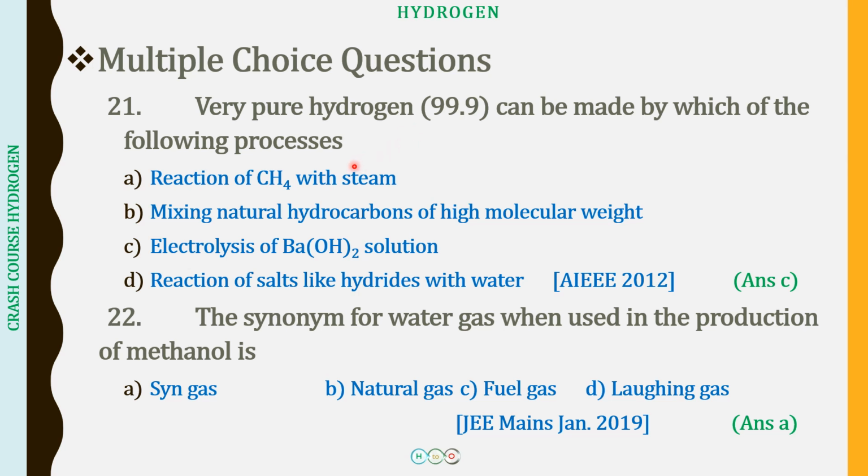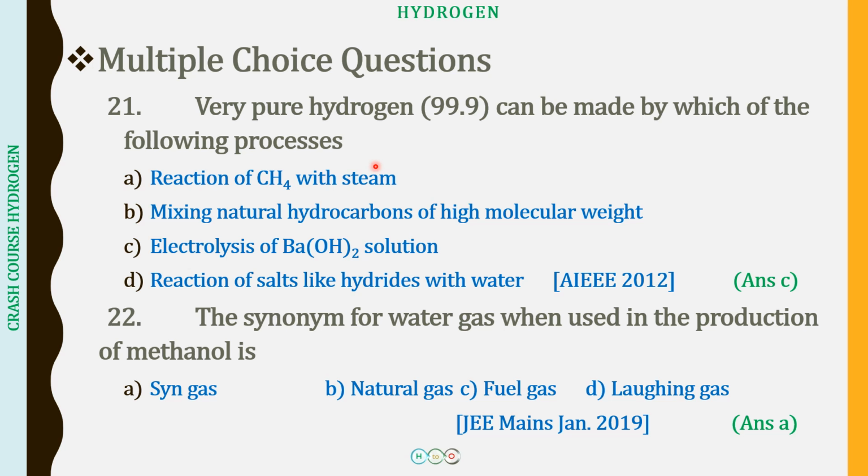So a carbon monoxide and hydrogen mixture we will get when methane reacts with water in the form of steam at a very high temperature. Carbon monoxide and hydrogen mixture is called water gas. Okay, and when we react this water gas with more steam, we will be getting carbon dioxide and hydrogen. Then we pass that carbon dioxide and hydrogen mixture through water under high pressure. Carbon dioxide dissolves in water and we will be getting hydrogen. So this is one way we can make hydrogen in the industry. The process is called the Bosch process.